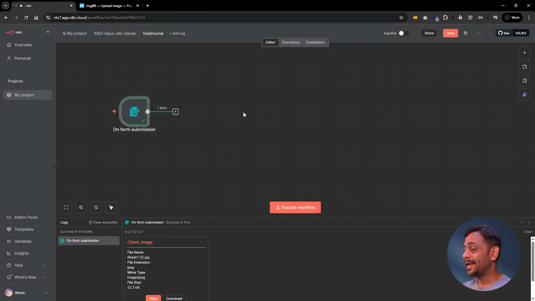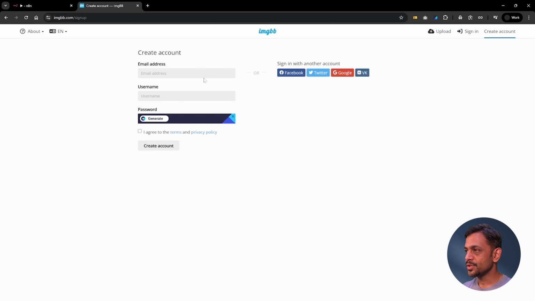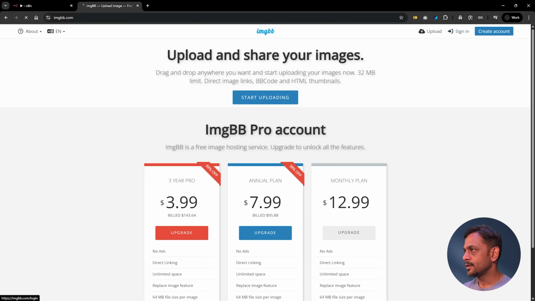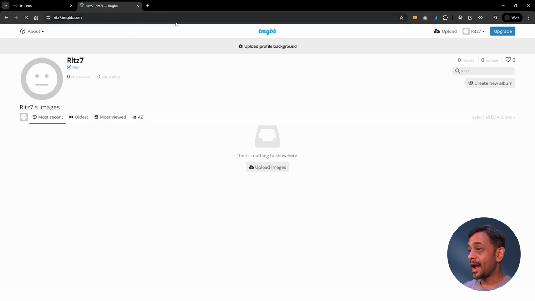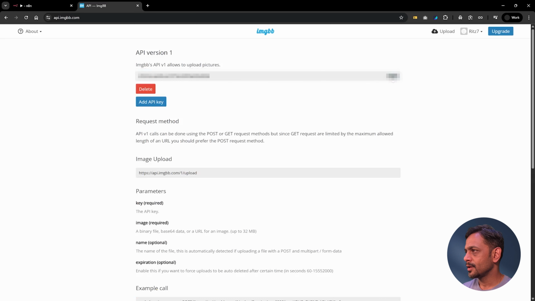Okay, what we need is a URL, and for that we'll go to ImageBB and create an account. It's free to use. Almost there. Go to home page, sign in. So I've got a confirmation activation email, so I'm going to use that. I'm in, and then let's click here and go to APIs and get API key. Copy this,